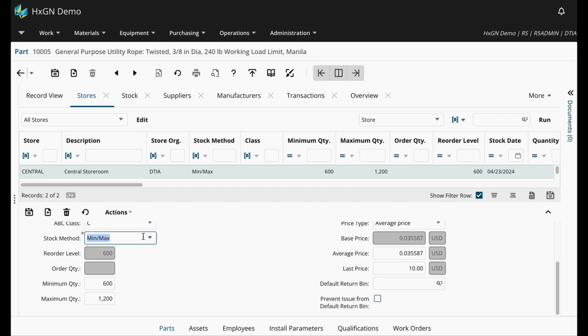In this example, my stock method is set to min-max, which allows for entering a minimum quantity and a maximum quantity. When utilizing min-max, it is important to know that the MRE order install parameter controls whether the reorder triggers at or below the minimum quantity. My system is configured to trigger when the quantity reaches 600 and will reorder the necessary quantity to meet the